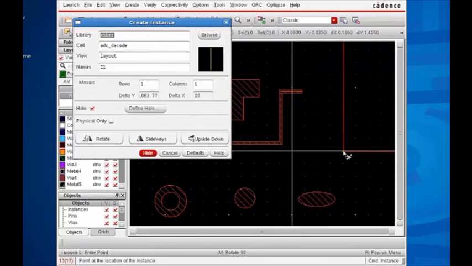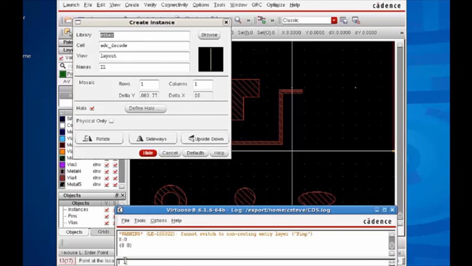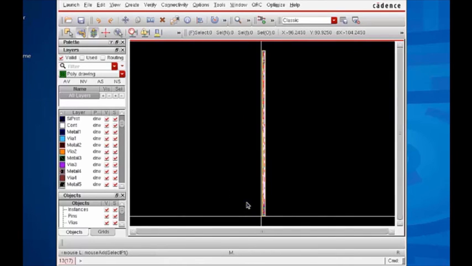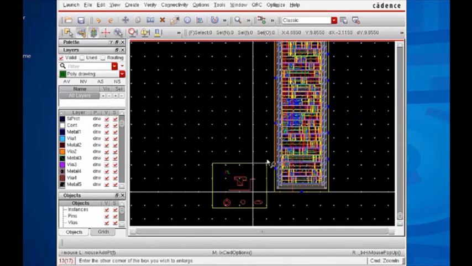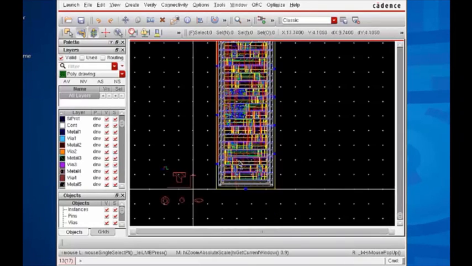Notice here on X we're at about 3 or 5, something like that, and Y was 0. So let's come down here, and in this CIW, let's say that the X is going to be 8 and Y is 0. Okay, then let's do fit, and just like that, fit, and we'll hit escape, and Shift F. So there's our really tall cell, and down here is all the little pieces we were just playing with. So we hit fit, there's our big cell,